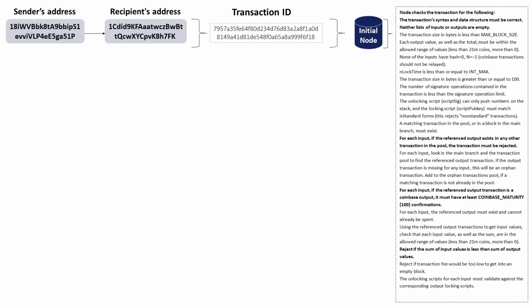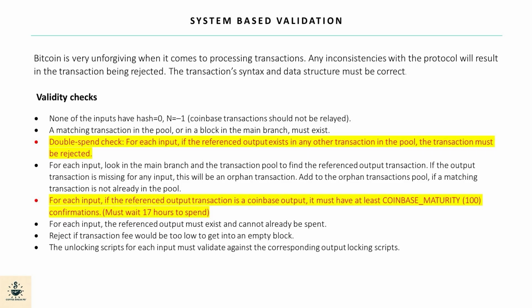The transaction first reaches an initial node, which checks it against several conditions. For those familiar with systems audits, this is akin to system-based validation, or what used to be called input edit controls and validity checks. Specifically, each input is verified to ensure that the referenced output is not part of any other transaction. This, along with the other controls listed here and on the previous slide, act as a safeguard against